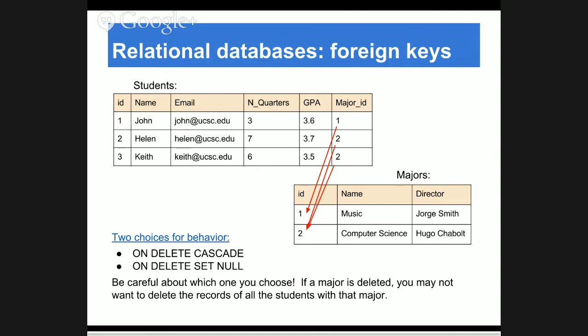We have to remember that we always have to choose one of the two, and choose it carefully, because in some cases what you want is onDelete set null. The two behaviors are like this. Suppose I deleted the computer science major. onDelete cascade would delete all the CS students, because it cannot leave the major field null, and so it deletes them. If you say onDelete set null, the students that used to be in the CS major would now have a null major that doesn't point to anything, but they would still exist as records in the database. So this is a choice that you have to be careful about.